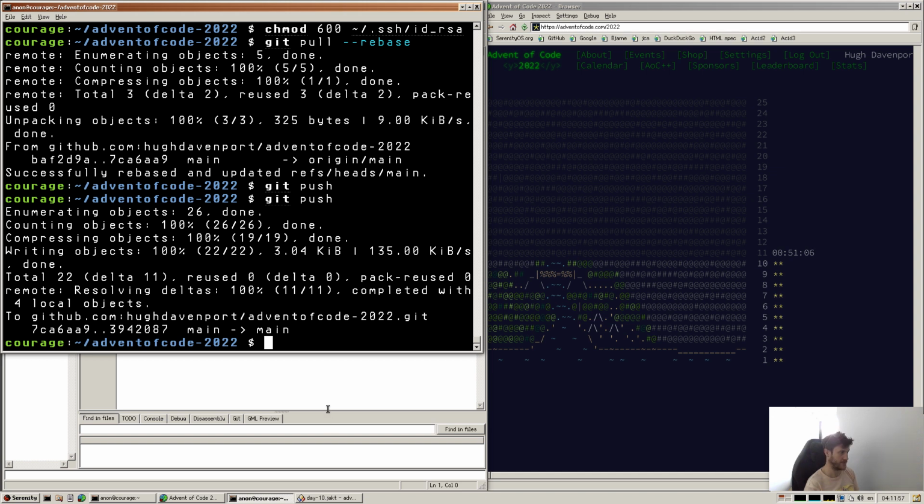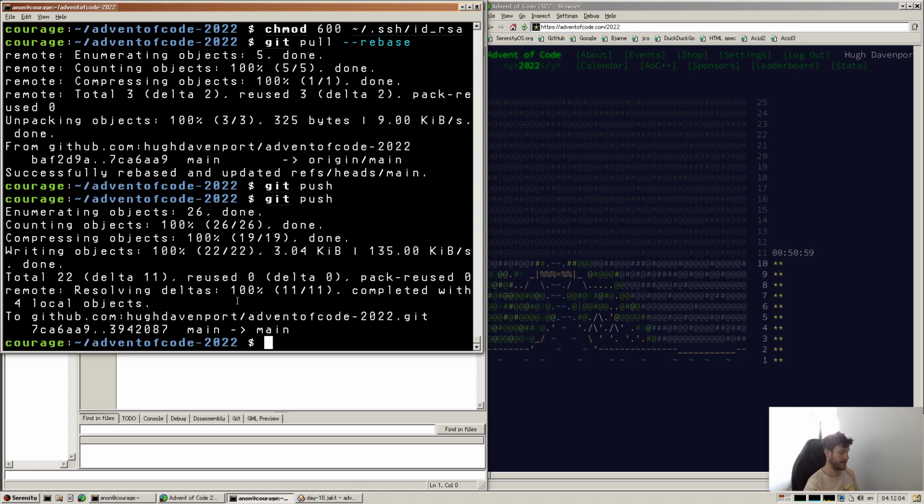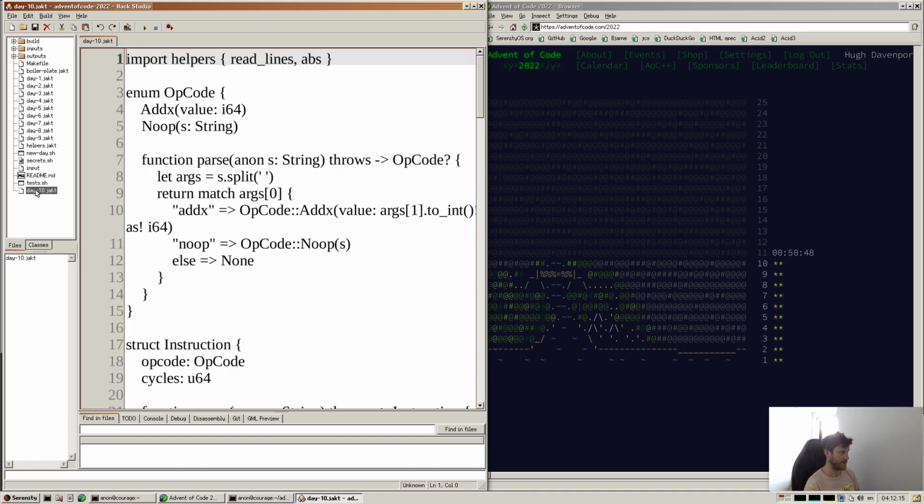Not too sure, but because I did that git add, yeah, it's kind of interesting. So I've touched the file somewhere else, and now this has gone empty, and I think if I just go day 10, it's fine there, but